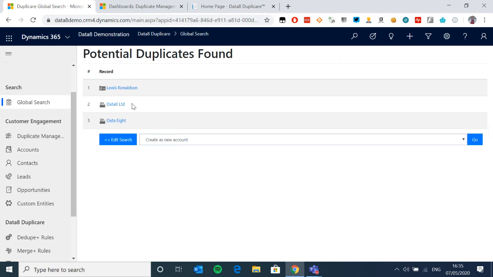So the data 8 I entered found one matching the same name. Fuzzy logic also matched data 8 Limited, so that's a super powerful fuzzy match. And even better than that, I found first name was spelt differently, surname was spelt differently, and the company name was spelt differently. So all levels of fuzziness were matched in there. And not only was the first name spelt differently, what this shows you is that there are phonetic matches in there as well.